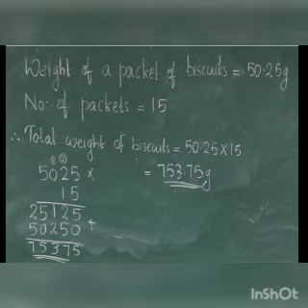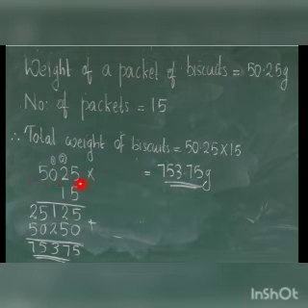So, this is a decimal number multiplication. So, what will we do? We will avoid the decimal point and we will multiply. That is 5025 into 15. And once we get the product, we are inserting the decimal point. In the question, how many places do we have after the decimal point? Two places. So in the product, counting from the unit place, we'll count two places and insert the decimal point.